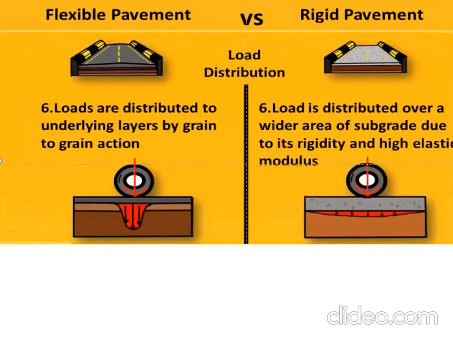You can easily say that the flexible pavement has about 10 times lesser elasticity modulus than the rigid pavement. Normally, the flexible pavement has a modulus varying between 350,000 to 450,000, while the rigid pavement has a minimum of 4 million, so it's 10 times. It can be more as well. That's why we don't need an extra layer in the case of rigid pavement.